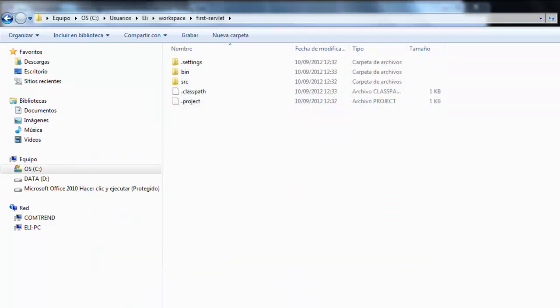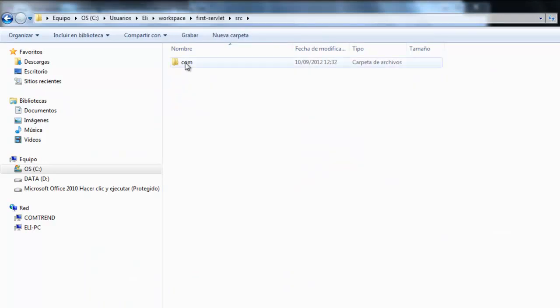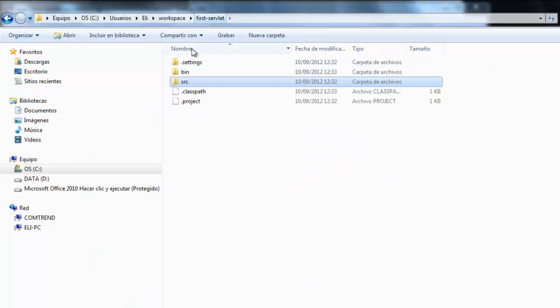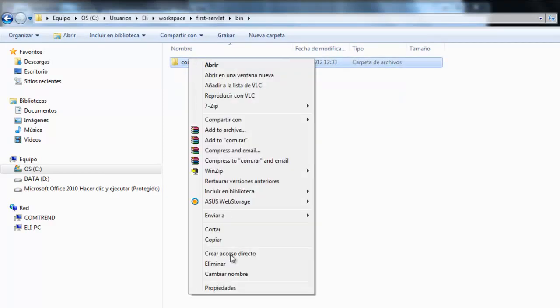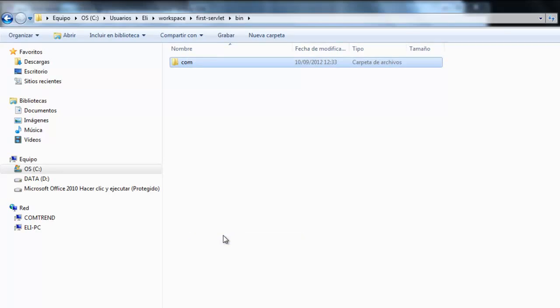Okay, so I'm going to copy the com folder, the one in bin, the com folder inside bin, copy, and to deploy the .class, we're going to put it inside the folder of Servlet inside Web Apps,